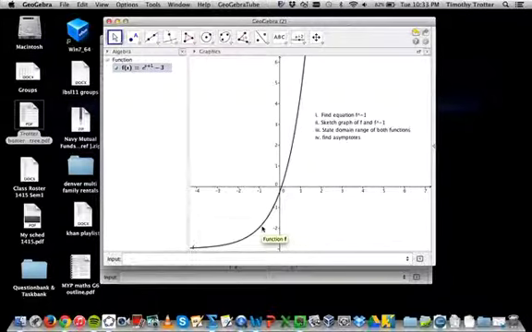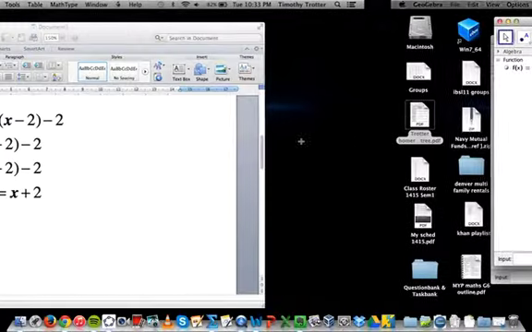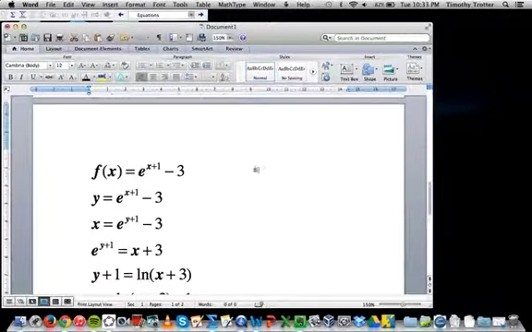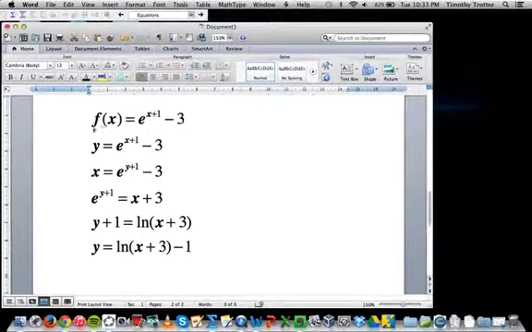Okay, so the first thing they want us to do is find the inverse function. So going back to this document, here is the function that they give us. Again, I change f of x to y, just to make it easier for notation. I switch the two variables, and now the goal is to solve for y, to start isolating it. So I'm going to add 3 to both sides. I switch the sides, and then